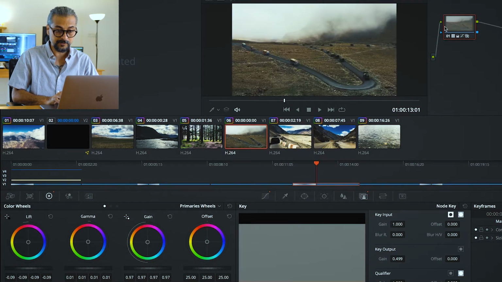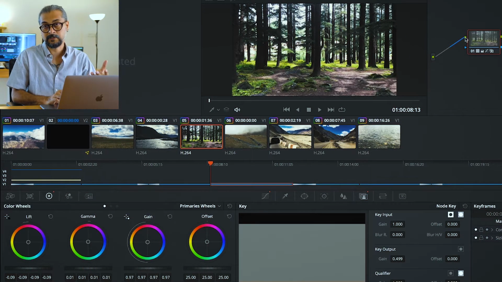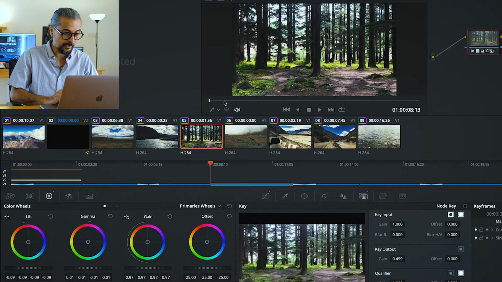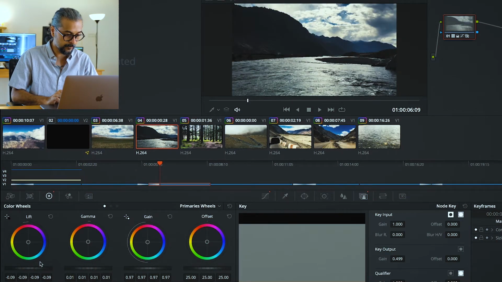Now, in some of these clips, I might want to make further changes and further edits just because the clip is a little different. And so I can follow the same process that I followed with the color wheels. So in this clip, for example, I want to bring up the shadows a bit. Don't want it to be that dark. With this clip, I want to bring up the midtones a bit, so I'll increase the gamma and also bring up the shadows a bit.